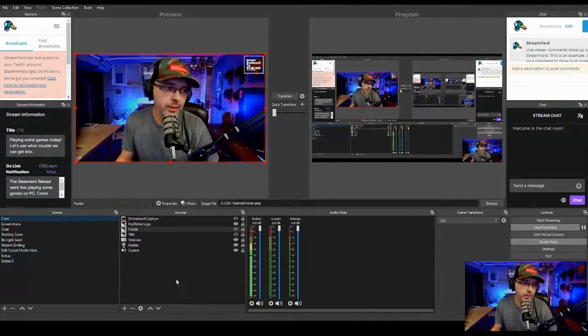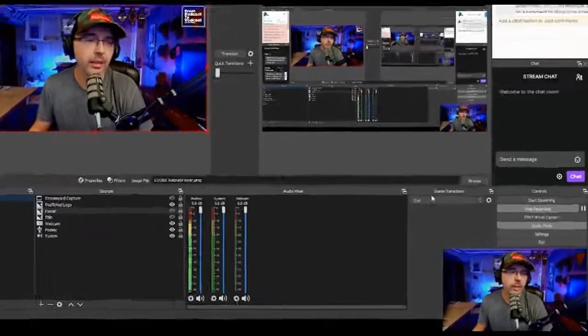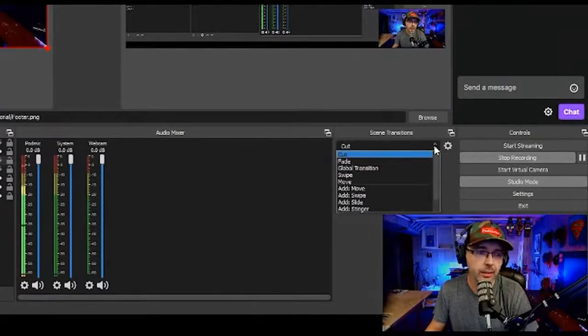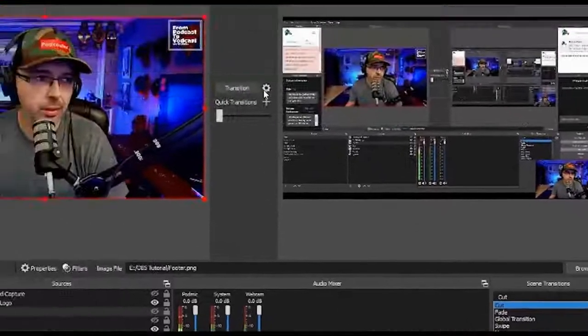So also on the screen, you can see the audio mixer here, which is the levels that I'm speaking at, the system. And then here on the right, you can change the different kinds of transitions. Now, this drop down box right here lets you change the different transitions between scenes. You can also do the same thing